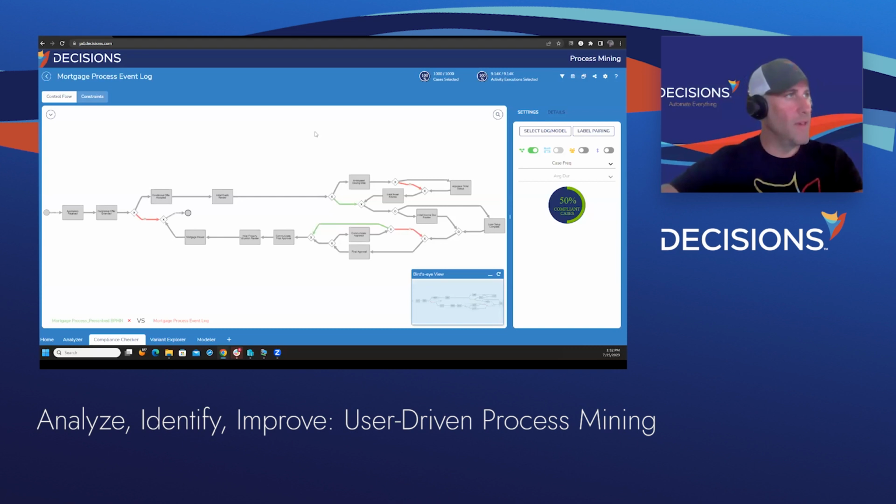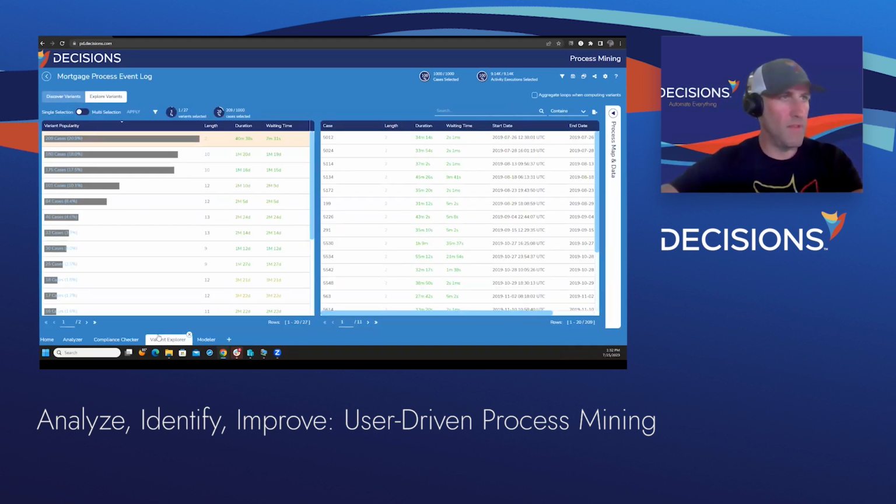Absolutely. Let's skip over to the Variant Explorer, the third out of the 4 activities. What we're seeing here are all the different variations of our process. So I just showed you the compliance checker. It showed us the cases that went off the ideal pathways, but here we can see all the different variations.